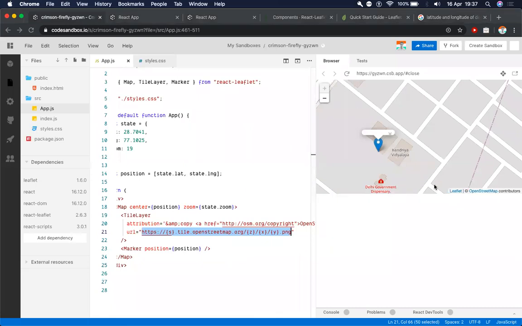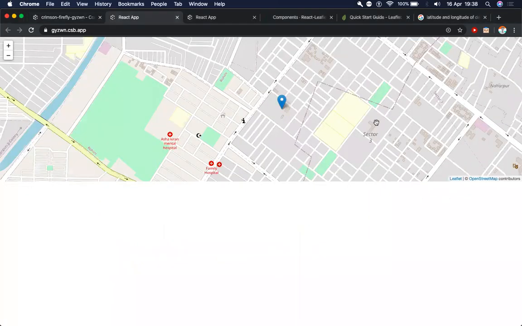And the second thing is attribution. Most tile layers require attribution because the maps aren't made by a single person, but by a lot of contributors, just like any other application. So they ask that when you use their tile layer, you also give attribution to them.